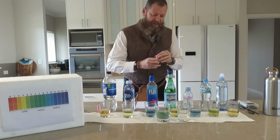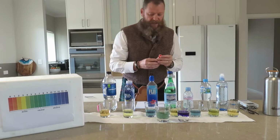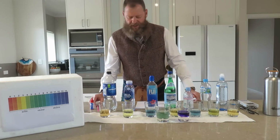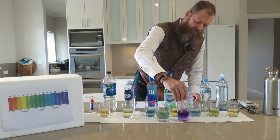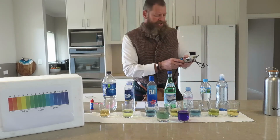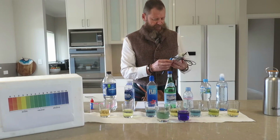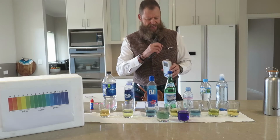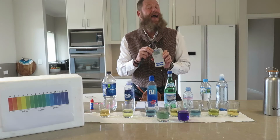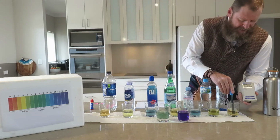So this guy, he's sitting at, there he is there. So this is a 9.5 pH taken from my machine a few seconds ago. But what I want to also show you is I've got an oxidative reduction potential meter, or ORP meter, that shows you how acidic or how alkalized these actually are. So if I place it in there, we're looking at